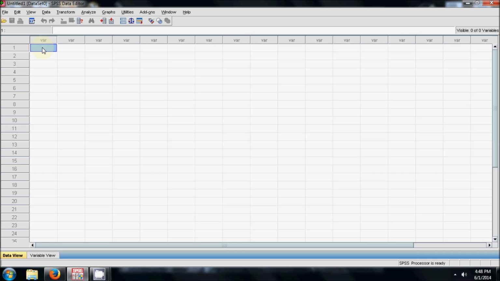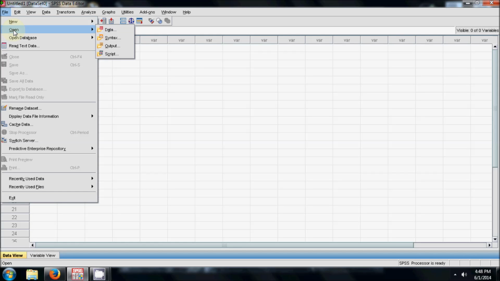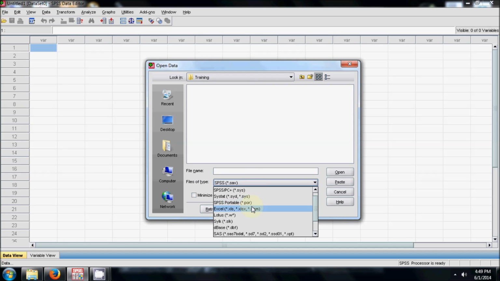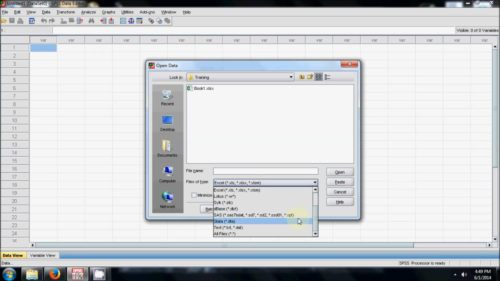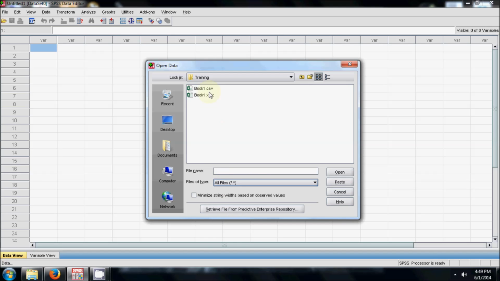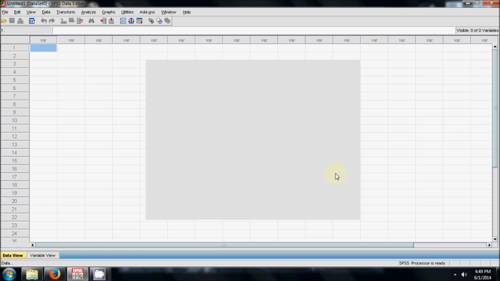To proceed, I'll first need to import my data set. I'll go to File, then Open, and then Data. Then I'll look for the CSV file and import the CSV.